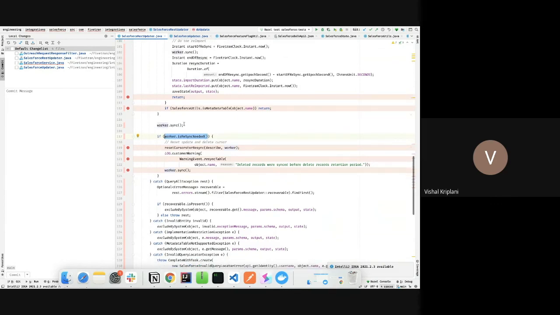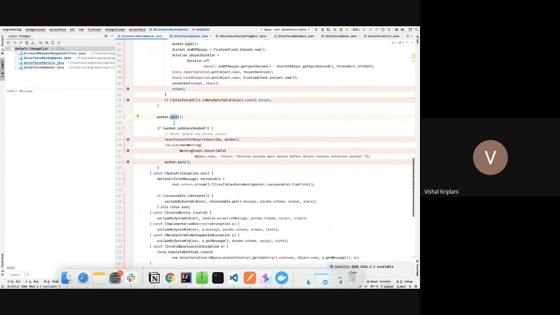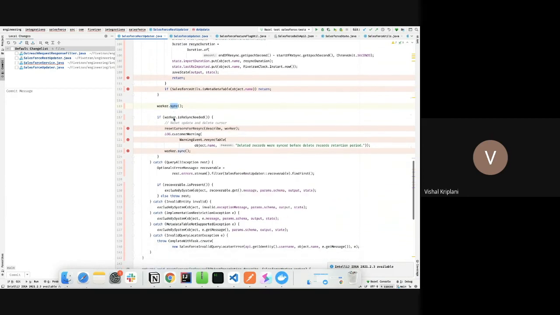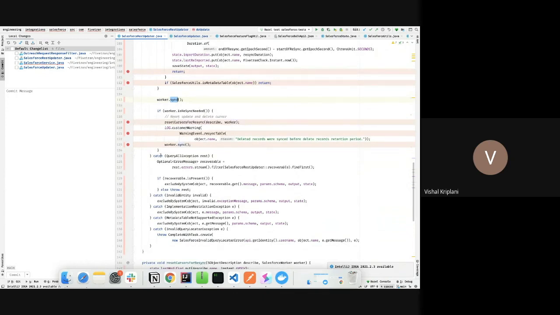If the worker decided to resync, then we again reset the cursors, and then we sync this object again. There are some cases in which this condition will trigger. We will discuss it when we go inside the worker, like how the worker fetches the data and updates it. So we will discuss then when this happens.